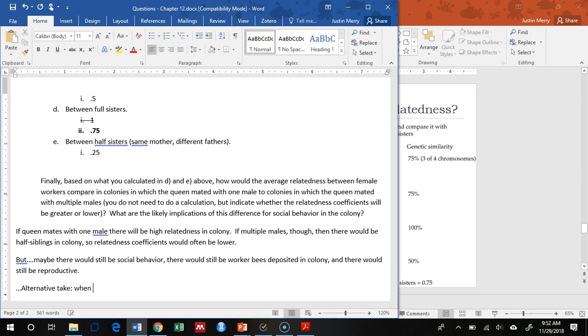is that when relatedness is lower, workers really would start, especially if the relatedness between siblings starts to drop below 0.5, which it does as soon as you start dealing with half sisters, then you might expect to see workers starting, like you might occasionally get mutations, variants where workers would start laying eggs and trying to reproduce on their own, because they would benefit more from reproducing on their own than they would from producing sisters, if they're able to successfully rear offspring on their own. So again, when relatedness is lower in a colony,